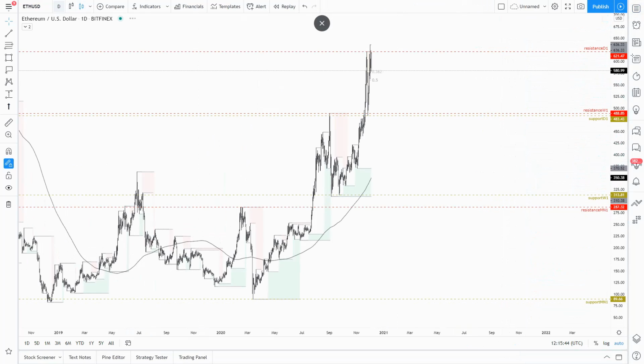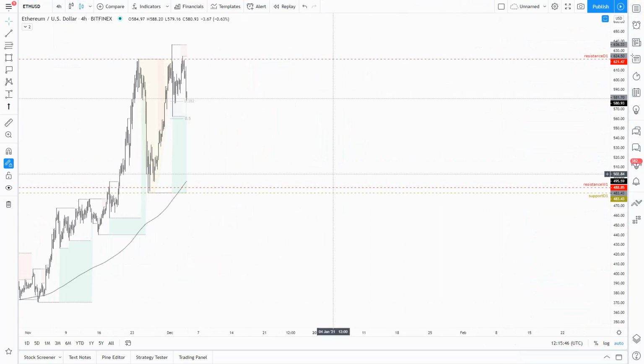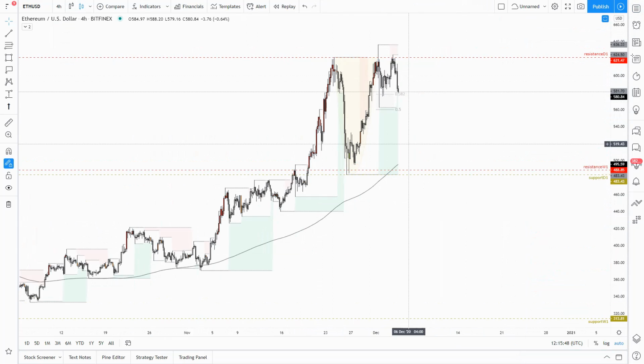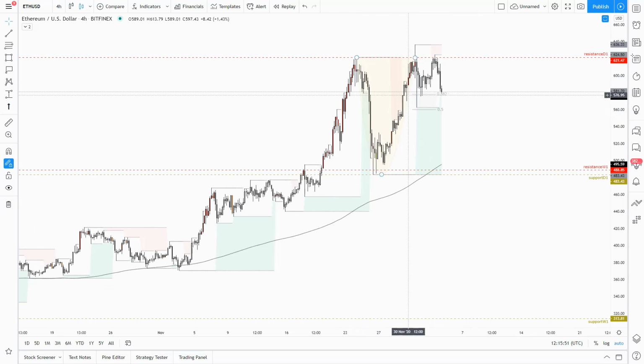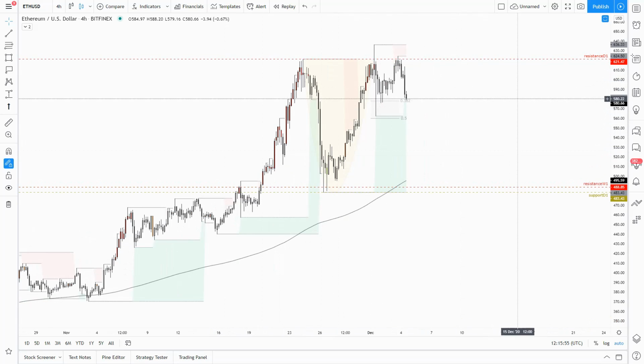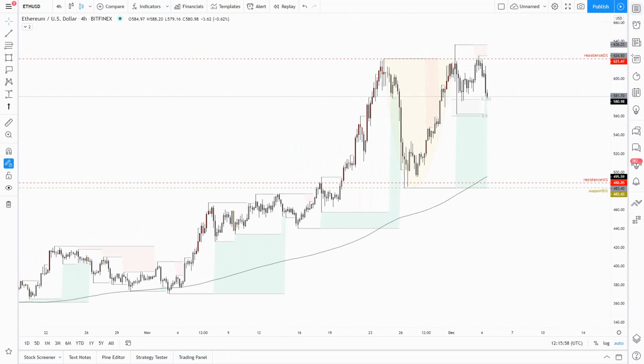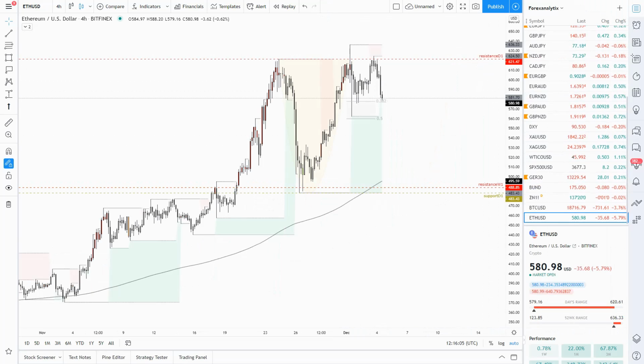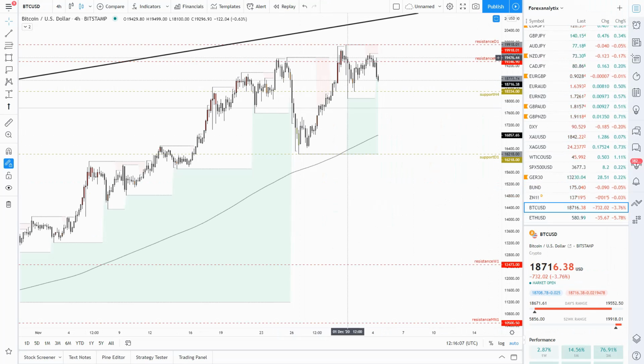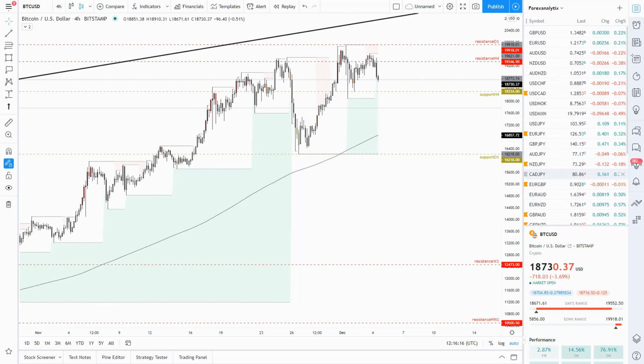Ethereum looks more constructive, I think, and this may apply to both Bitcoin and Ethereum. Both of them are creating a kind of cup and handle at this point, so I will not be surprised to see this acting as a handle and then the market trading even higher. Bitcoin has very similar price behavior to Ethereum, an eventual cup and handle, which may put Bitcoin trading even higher.